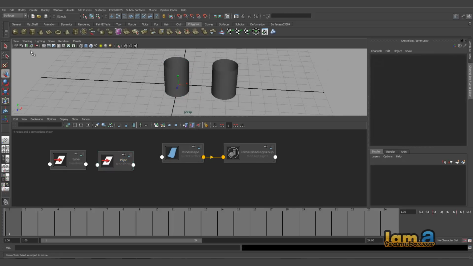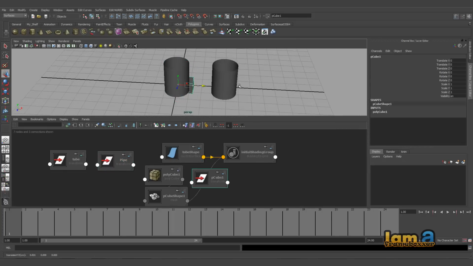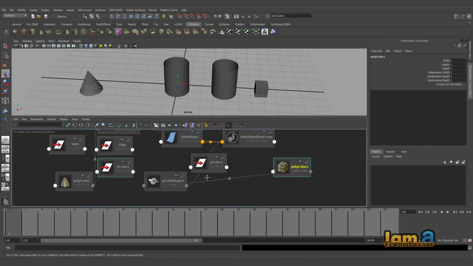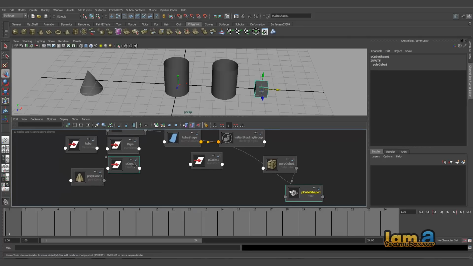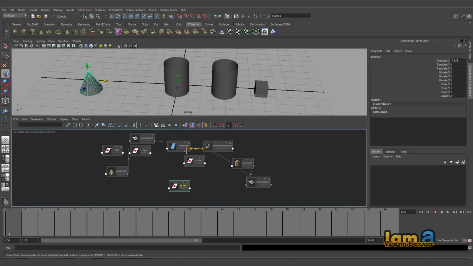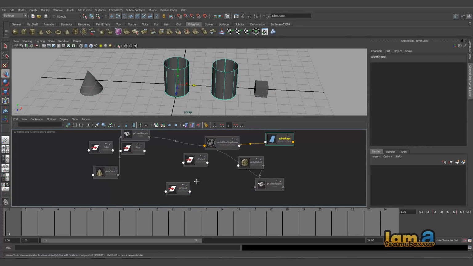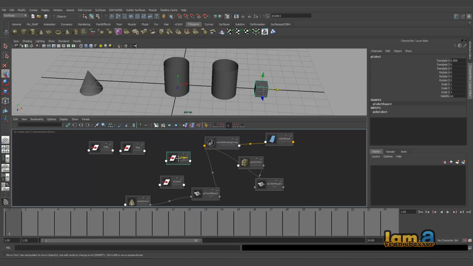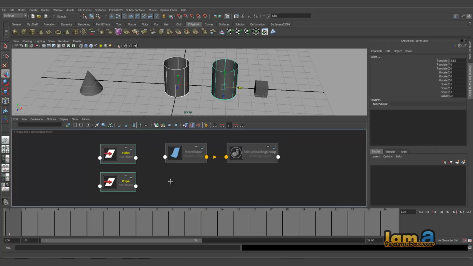For example, let's also see this one. Let's take up a cube, let's take up a cone. You all see immediately for a cube you have a cube shape node, for a cone you have a cone shape node separately. So you have this cone shape node here. Now let's try for this tube and pipe input-output connections. The strange thing is that you see only one shape node here, right? This is what the instance does.